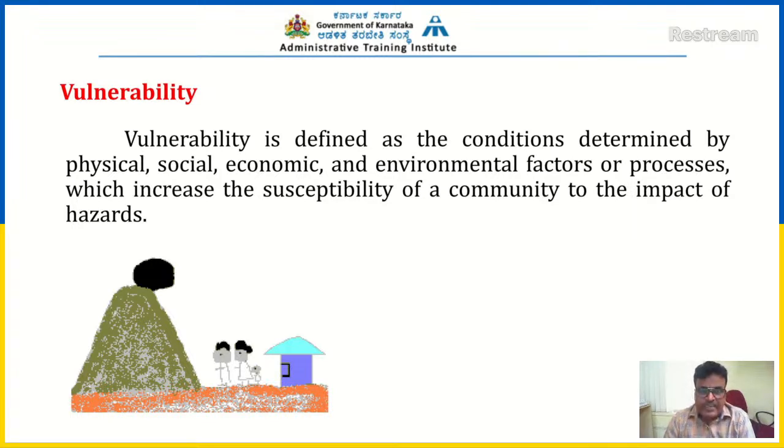Let us move to other definitions now. Why have I shown this picture here? This is a hazard actually. This is an area which is vulnerable to this particular landslide, maybe this boulder slide. That is why I'm saying vulnerability is always measured in terms of either area or number of houses, number of people likely to be affected by this particular disaster. So we can always measure the vulnerability in terms of area, or in terms of number of people or number of houses likely to be collapsed during the disaster.